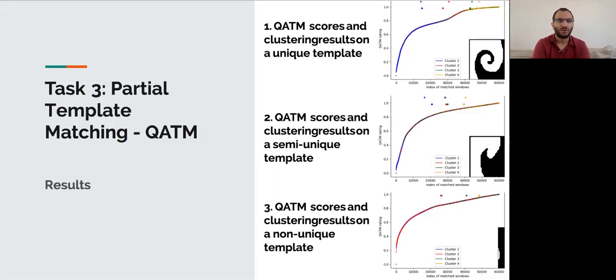In order to evaluate QATM performance on a certain template image, we ordered the resulting matched templates in accordance with the QATM scores. Then we used PCA to reduce the dimensionality of the data, and then used the K-means algorithm for clustering the data. The colors represent the clustering class of each sample, while dots above the graph represent the mean and the median of each class. In the top graph, which considers the most unique input template,